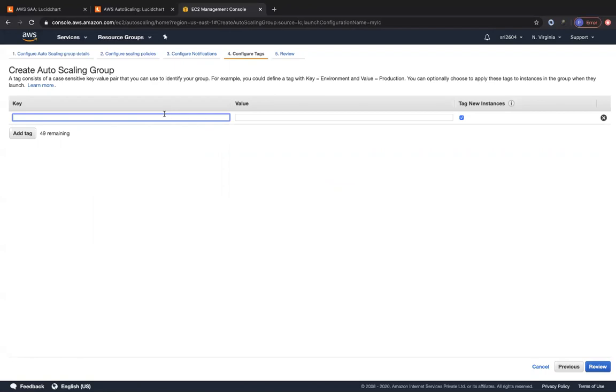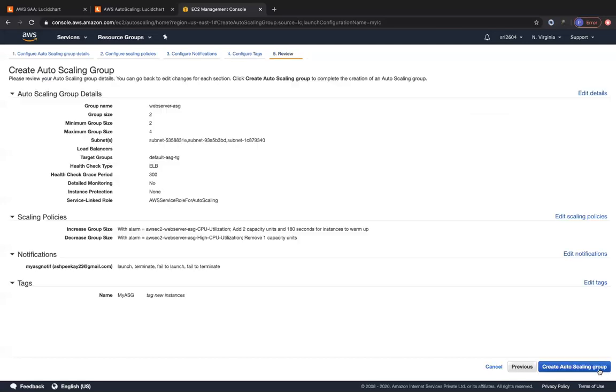Next, all we are going to do is configure tags. So I'm just going to give a name tag and a value over here. I've given the value as my ASG, and it will also tag any new instances with this tag. So always remember, tags are very important when you want to do any kind of cost control in your environment, and you want to find out which auto scaling group is part of which project. So in that way, I would always suggest you give meaningful names for your tags.